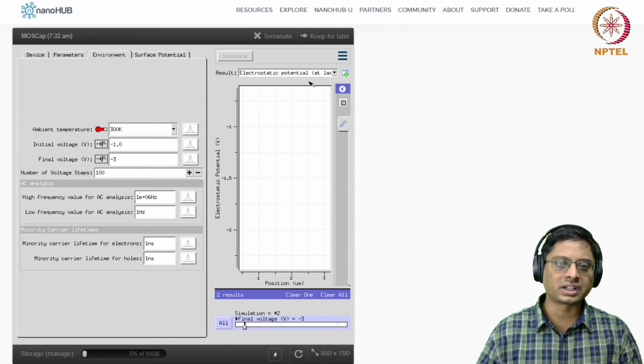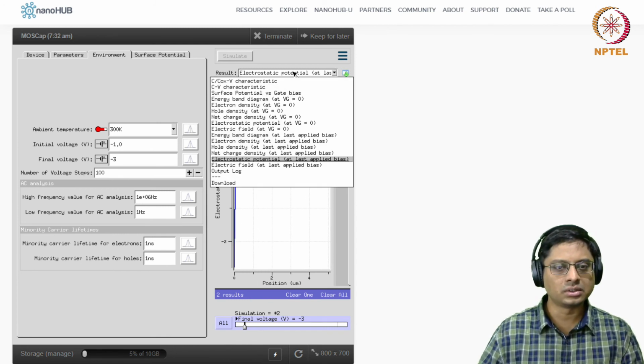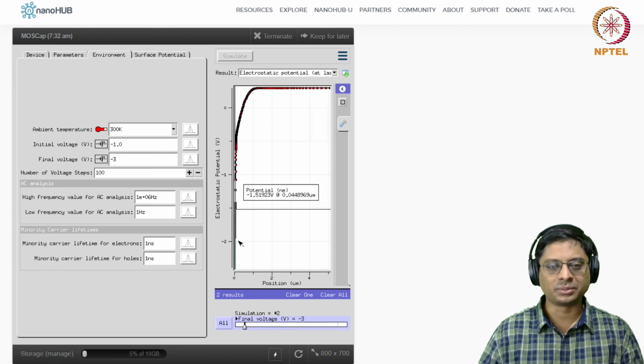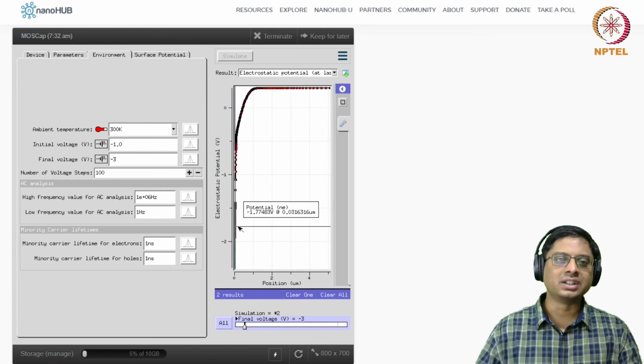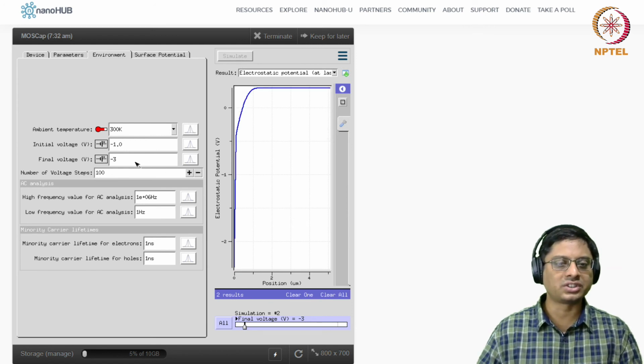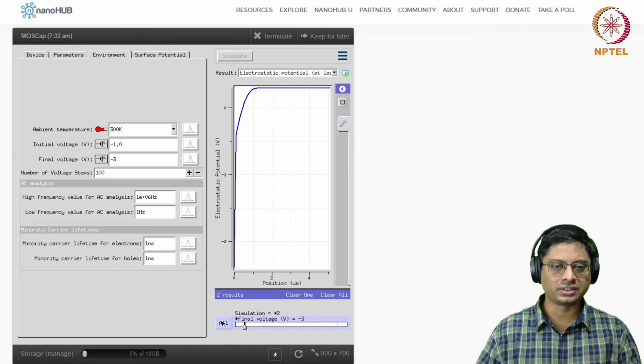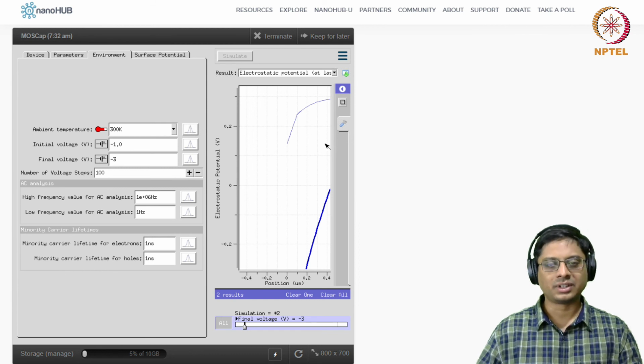Okay, so let's go back and try. We need to do it at normal voltages because we have inverted. Because of the charge, there are some strong changes here. So we should actually be in depletion. If you want to be in depletion, I would say let us just do the previous simulation. Let's see. Previous simulation. Well, we are not reaching it also.